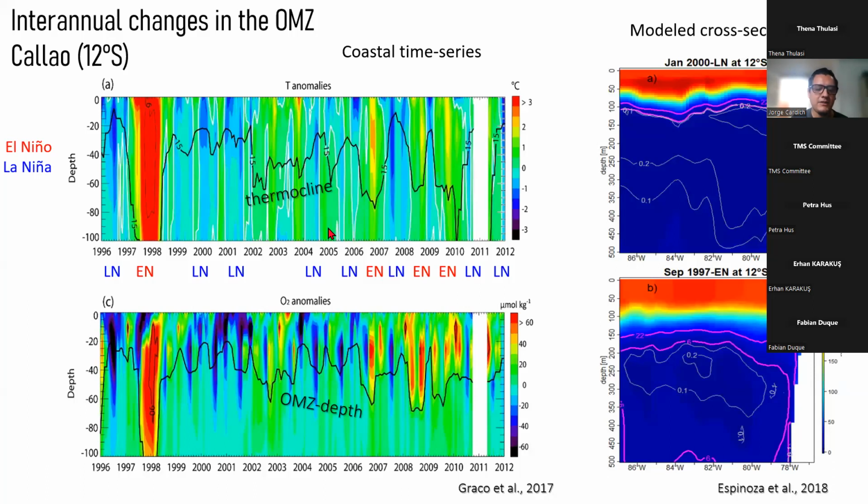And these temperature anomalies are associated to the oxygen anomalies here in this panel. For example, in this extreme El Niño, when the water became very warm, the oxygenation rose very strongly. So this is an extreme El Niño. And if that happens, the depth of the oxygen minimum zone is lower accordingly. So in this line, we can see how the OMZ depth changes through time in accordance to this interannual variability.